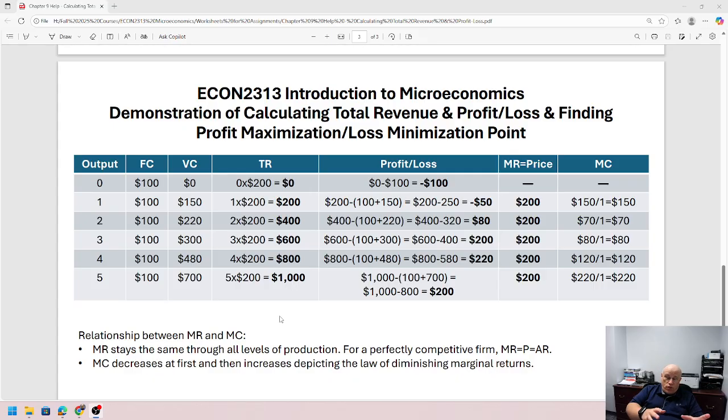We already did it for the total values, but now we're going to do it for marginal values. So you'll notice the marginal revenue is very simple. It's just whatever your price is. In this particular example, the price is $200. So my marginal revenue through all levels of production is going to be $200. Doesn't matter how much we produce, we're only going to be able to sell for that $200 market price. Now, our marginal cost, if you'll remember, and we've done this before, marginal cost is basically the